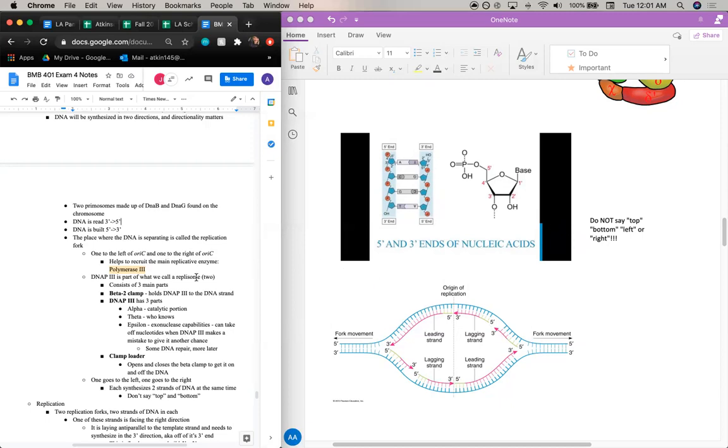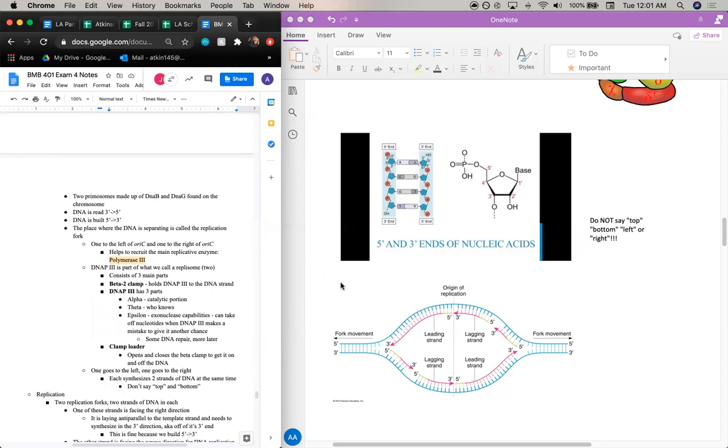Fowley uses a couple different terms for this enzyme. I will be calling it DNA polymerase 3 for the entirety of this lecture. I really recommend you do so too, because there's polymerase 3, there's DNA poly 3. I just like to call it DNA polymerase 3, or if I'm typing it, DNA P3. Okay, DNA P3 is part of what we call a replisome,